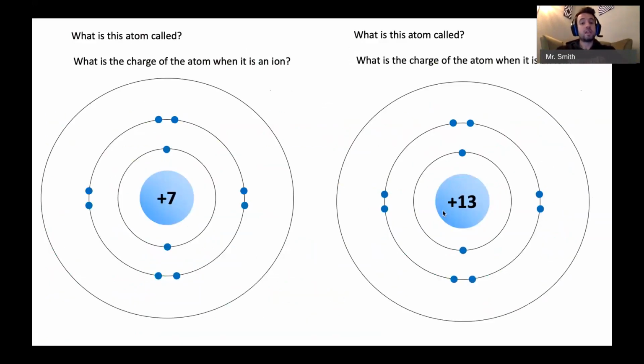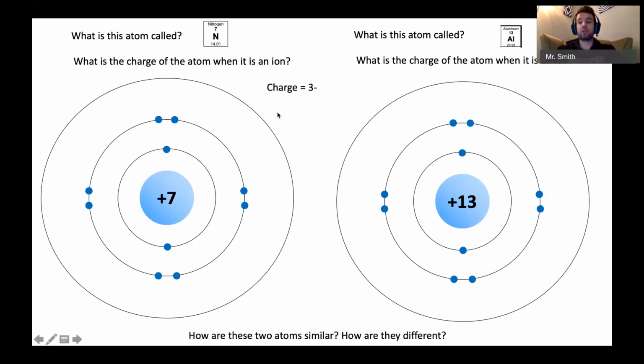Okay, so taking a look here, here's kind of a visualization of stuff. We have 2 electrons in our first row, and we have 8 electrons in our second row. So that's a total of 10. This would be the same number of electrons as a neon atom would have. If we have 7 protons, the first question is asking, what is this atom called? So this atom would be called nitrogen, right? Nitrogen's got 7 protons. But then notice here that it's got a total of 10 electrons. So the charge of the ion would be